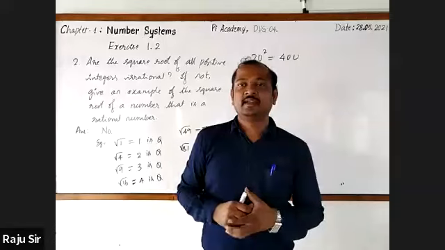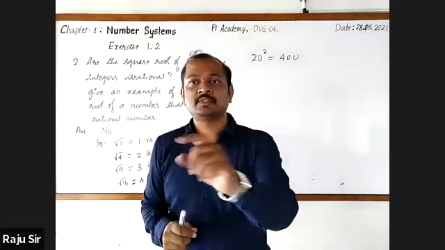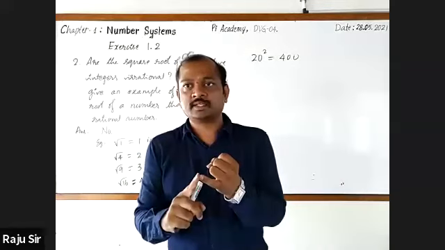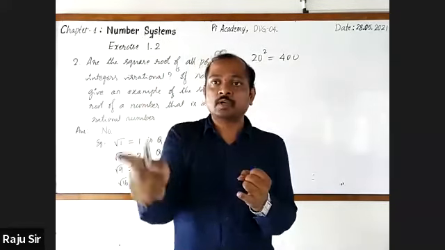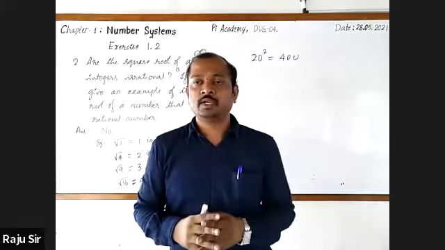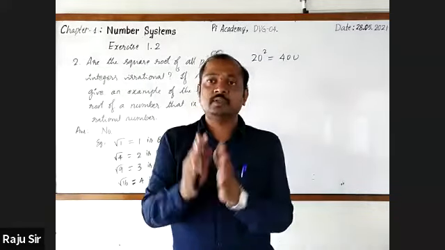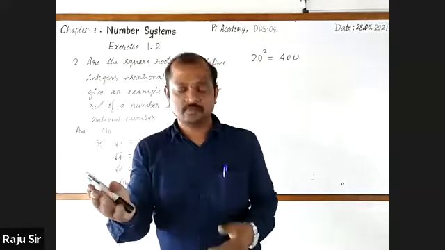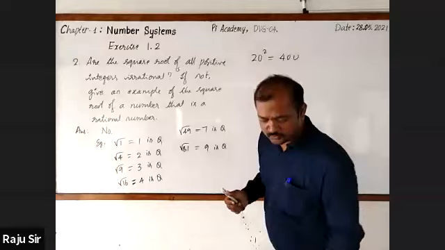Very good. Dear students, it is just one piece of information to each and everybody. Please do learn the squares of the numbers from 1 to 25. 1 square, 2 square, 3 square, up to 20 square. Up to 20 square is a must. If you are interested, you can learn more than that also. Now, let's move on to the next question.